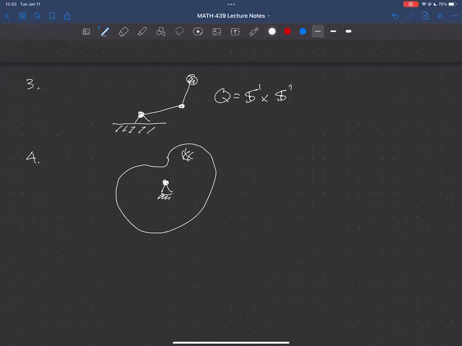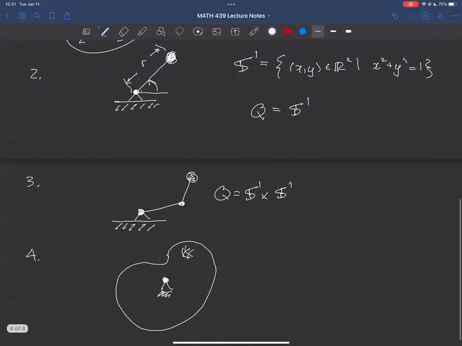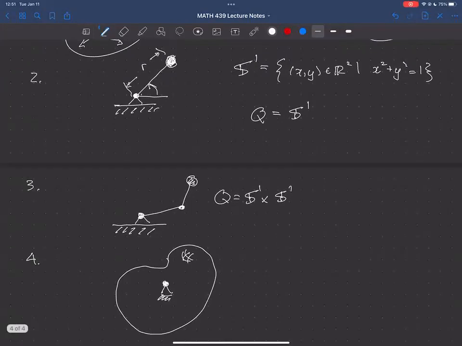Is that S2? Oh, sorry, I apologize. Right. So that's a good question. Thank you for the question. The question is for the pendulum: are there different representations? Basically, are there other sets that you could use? It's a good question. So there's another obvious choice here, and that is you could use